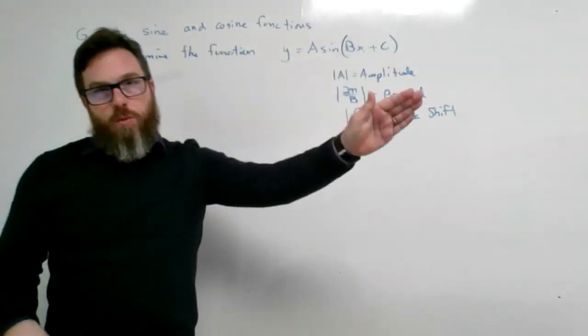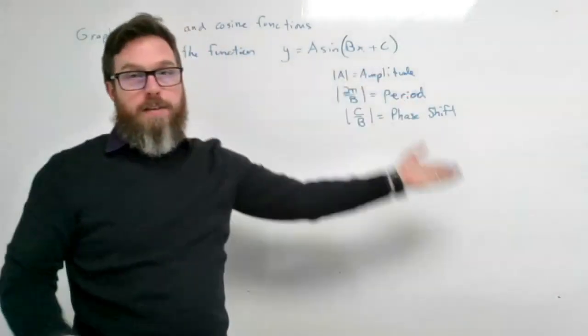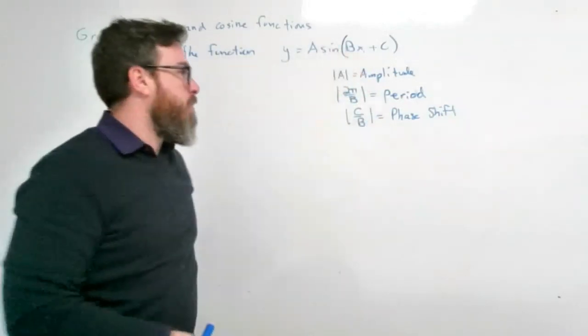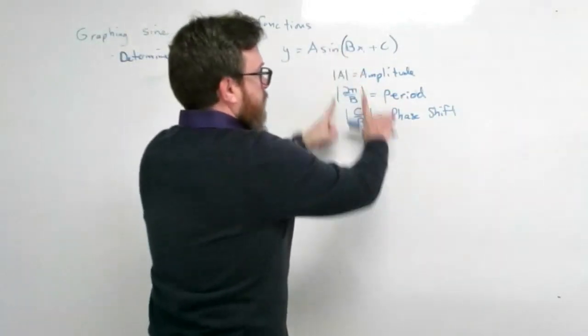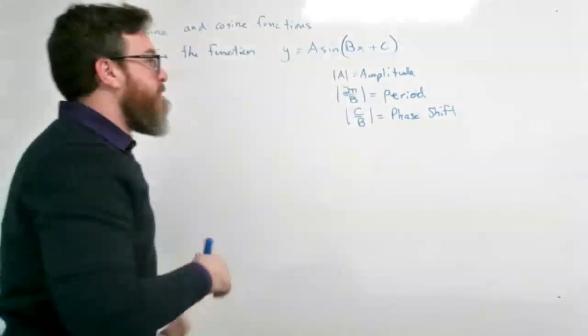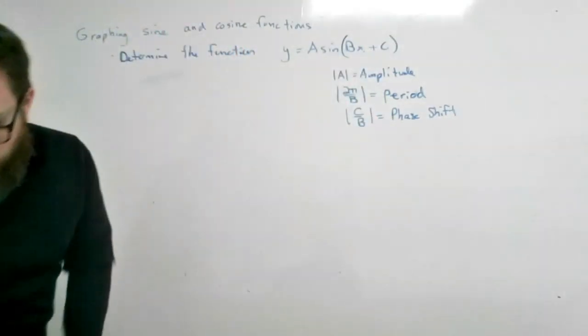We know if it's shifted right, this is going to be a minus c, and if it's shifted left, it's going to be a plus c. And that's assuming that b is going to be a positive number. So most of the time, we just omit these absolute value signs and take care of this side depending on its shift. So if I have a graph that looks like